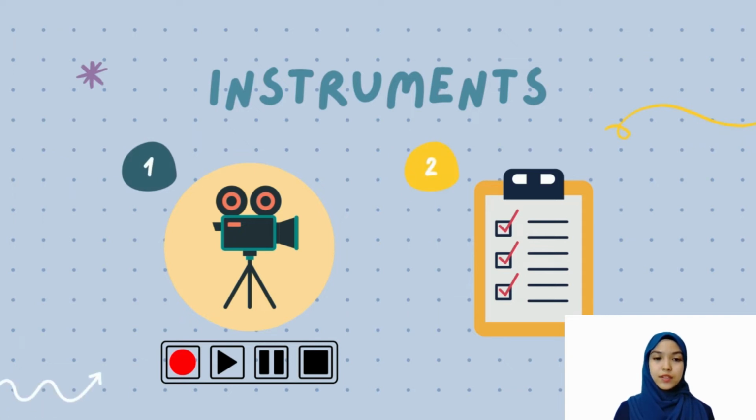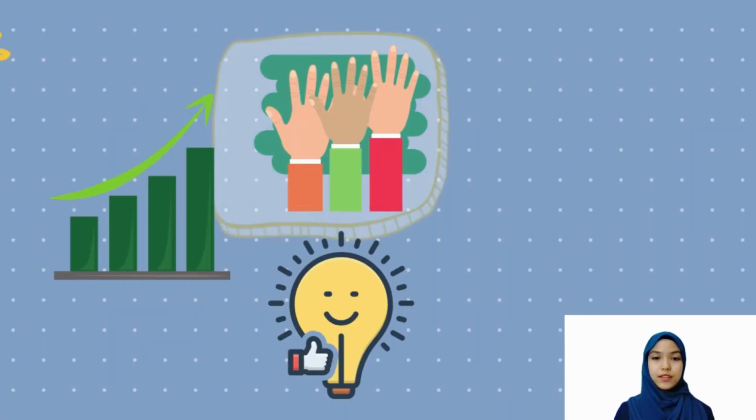For the instruments, the researcher collected the data using video recordings and a questionnaire. Two lessons were conducted and recorded in Google Meet. The first video recording implemented limited interactive activities, and the second video had maximum interactive activities implemented. A questionnaire that contains 15 items with Likert scale answers ranging from 1 to 5 was administered to the students and was analyzed using the SPSS software.